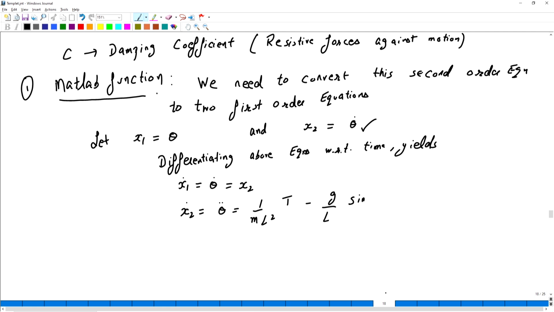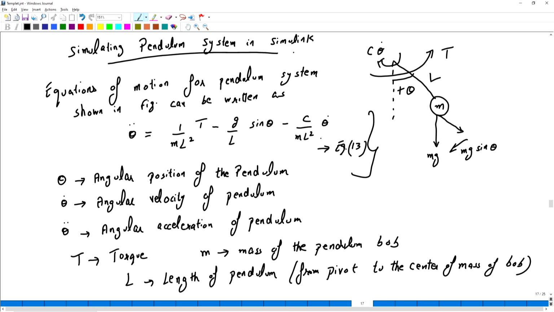Theta is nothing but x1, again transforming the variables, minus c by m l square into theta dot.